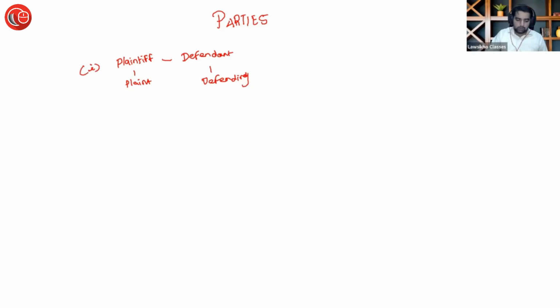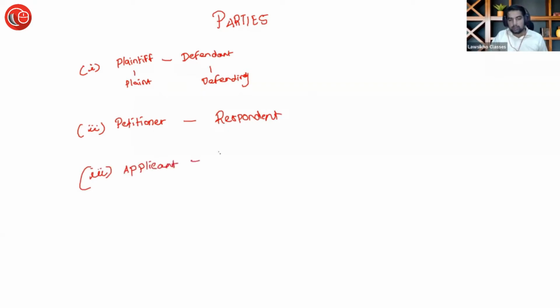सारे civil proceedings are not suit. There can be a civil writ also. In that case, the one who is filing the writ will be petitioner. The person who is responding will be the respondent. ठीक है? A civil application can also be filed. So the person who is filing the civil application is applicant, and the person who is responding is respondent. So these are broadly parties that are there in your CPC.